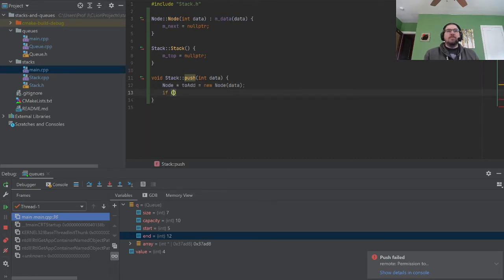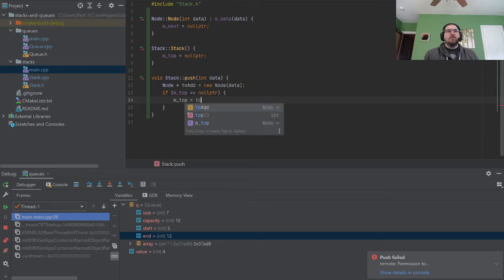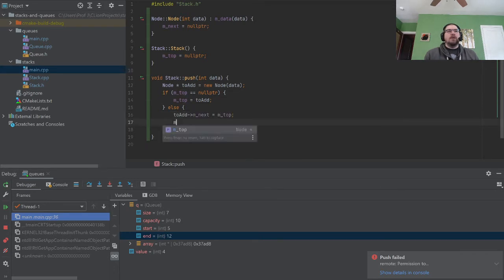If mtop is equal to nullptr, then mtop now equals toAdd. Else, toAdd next equals mtop, mtop equals toAdd.